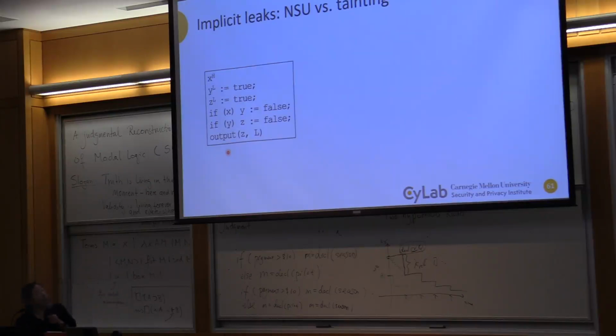For tainting, if you assign high to low, the variable gets tainted high. If you assign a low variable in a high context, the variable also gets tainted high. So that's the tainting. So branching on X will taint Y, and then branching on Y will taint Z, and then the output probably wouldn't happen, while if we were halting, we would stop at the first assignment, the X